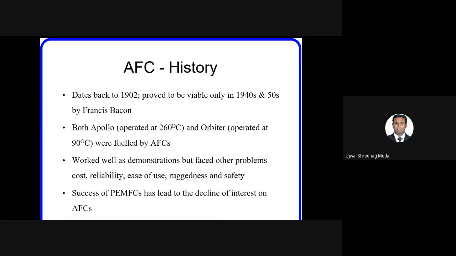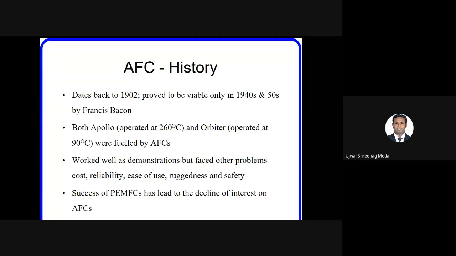Now going to the history of alkaline fuel cell, it was first discovered in 1902. However, there were no potential applications till 1940. From 1940 to 1960, a lot of research was carried out on alkaline fuel cells, and a person by the name of Francis Bacon carried out a lot of research and showed many demonstrations using alkaline fuel cells. The demonstrations included running a tractor, powering a welding machine, and a few cars powered using this alkaline fuel cell. Because of these demonstrations, research on alkaline fuel cell gained some momentum during that time, and finally